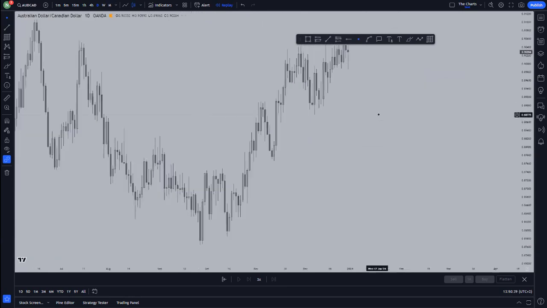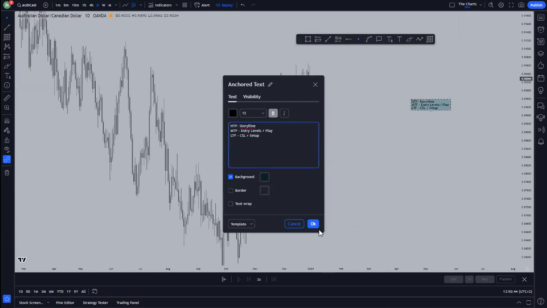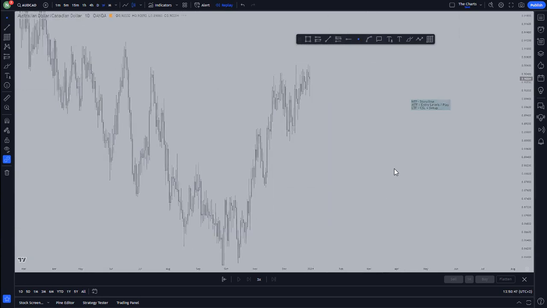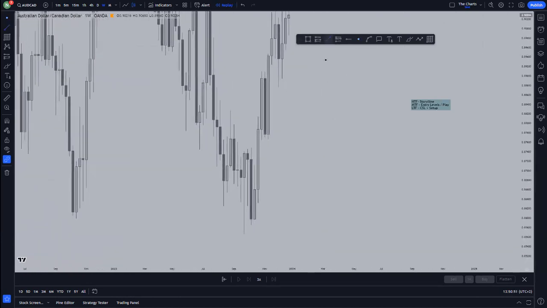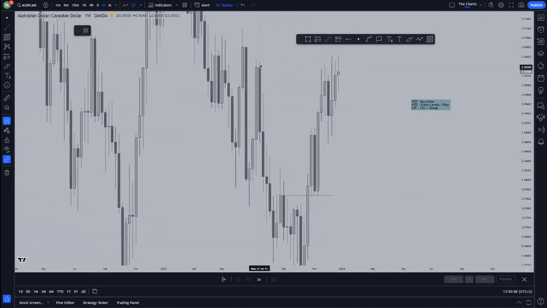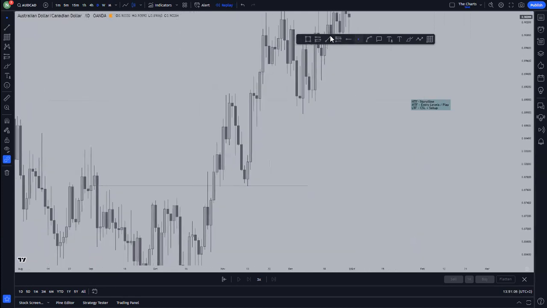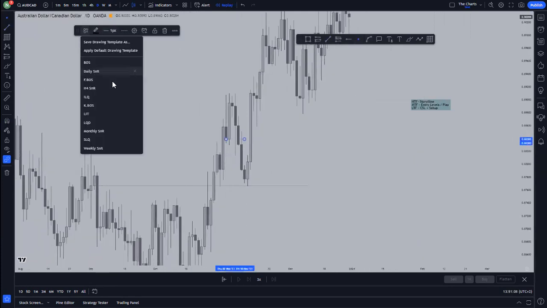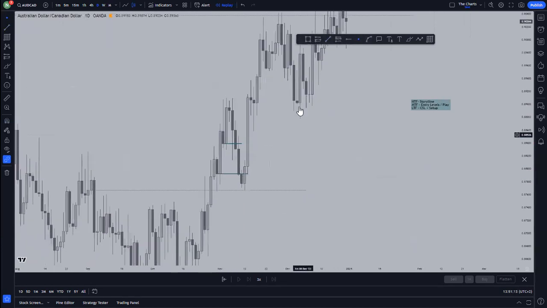Now let's just go to another pair. We go to the weekly time frame again. Let's look at this one right here. We are looking for buys, and the next one is just right here. So from here now, we are looking for buys in every level, just like this. This one right here, we are looking for buys. This one right here, we are looking for buys.